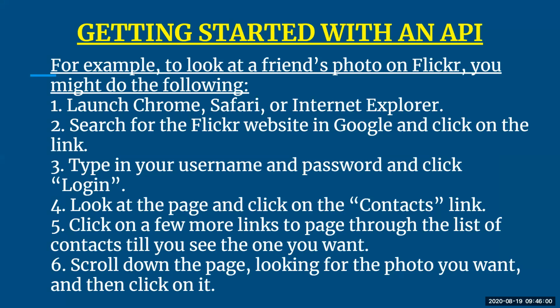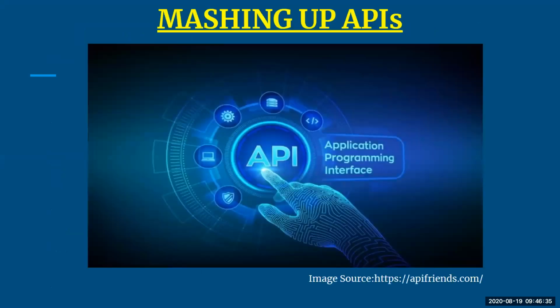But when we talk about a computer system, about computer software APIs, they are not humans. We need to train them, we need to design them. So for every sequence of steps from step 1 to step 6, you have to design them, train them, and tell them that if this is the request, then this will be the response. You have to design your APIs in such a way that you train them on the corresponding response for each request. So that is getting started with API.